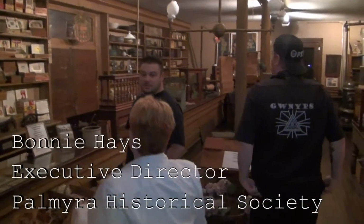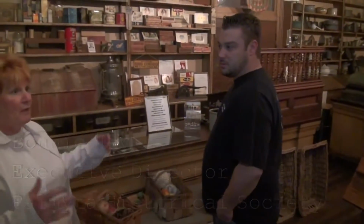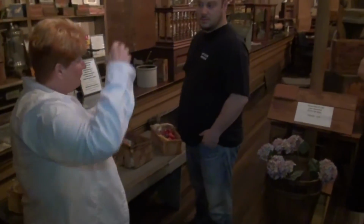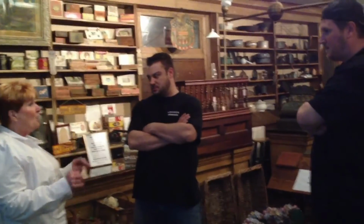What a time capsule. Yes, this is. The building was built in 1826. It was a rental property with a 2-unit apartment upstairs that was a boarding house, 2 floors, and down here it was a tavern or a grocery store up until 1868 when William S. Phelps bought this property, brought his young family out here and his wife, and he started